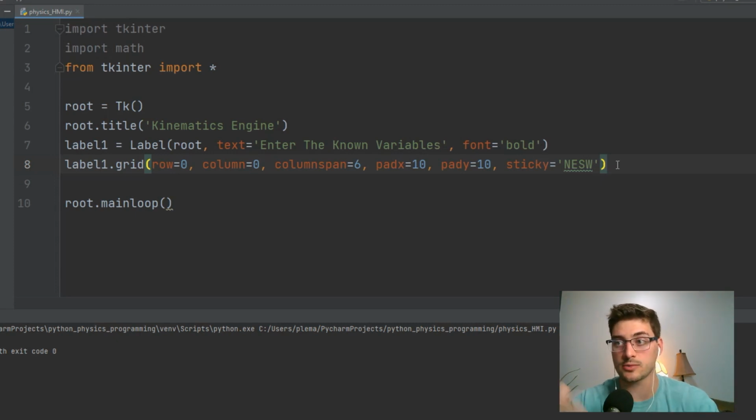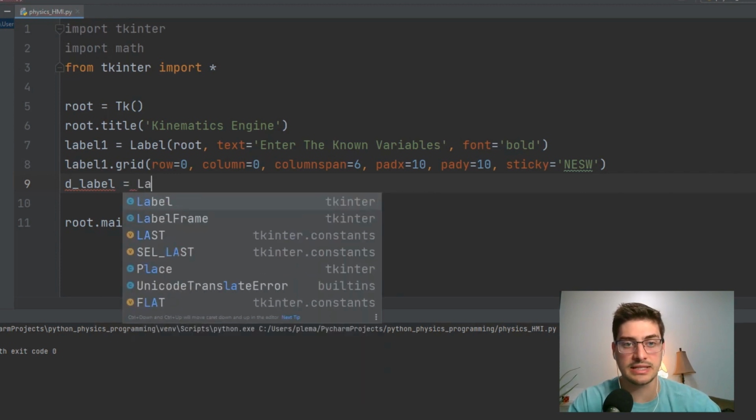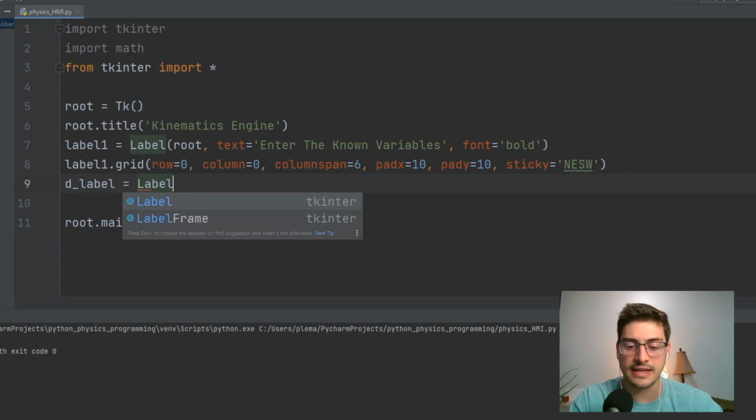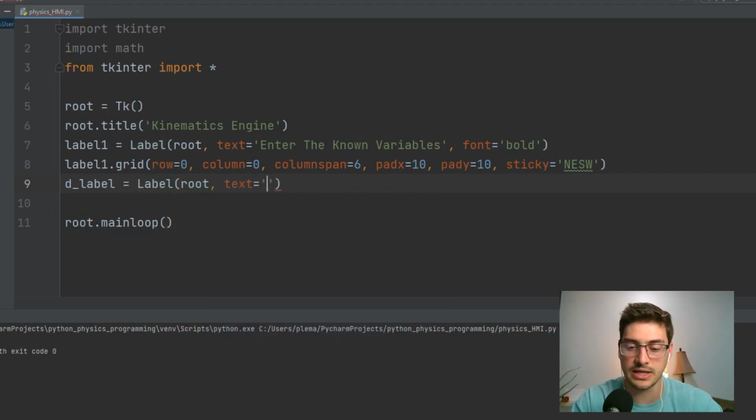So now that we've put that label on the screen, we need to make labels for all the variables as well as data entry fields. I'm going to go quickly through here since we're doing what we just did every time. We're going to start by making a displacement label, and I will just call it D label. That's going to be Label and then root, and then the text for this one is going to be